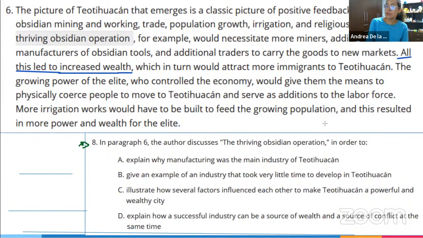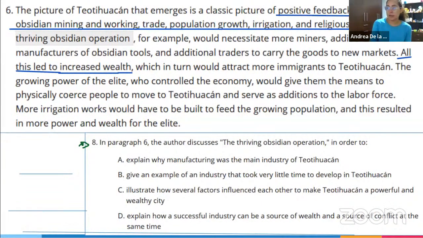works, the population growth. So in this case, if you guys read the first sentence, it says the picture of Teotihuacan that emerges is a classic picture of positive feedback. Feedback means retroalimentación. So basically Teotihuacan is an example of positive feedback, a good feedback among all of these elements, all of these aspects of the city. So there was a positive feedback, una retroalimentación positiva, among obsidian mining and working, trade, population growth, irrigation,